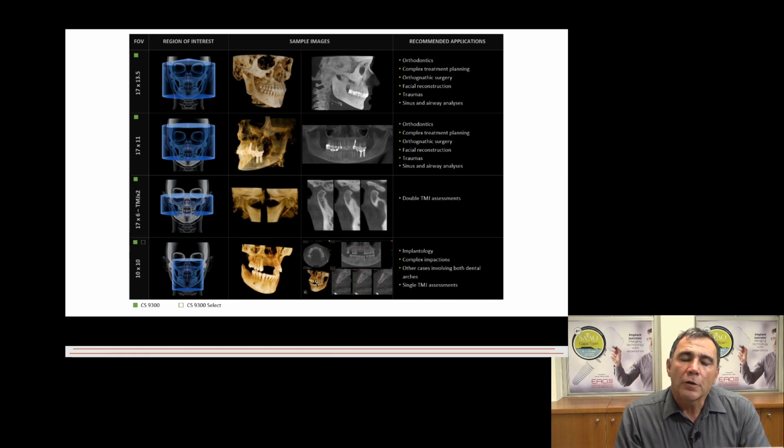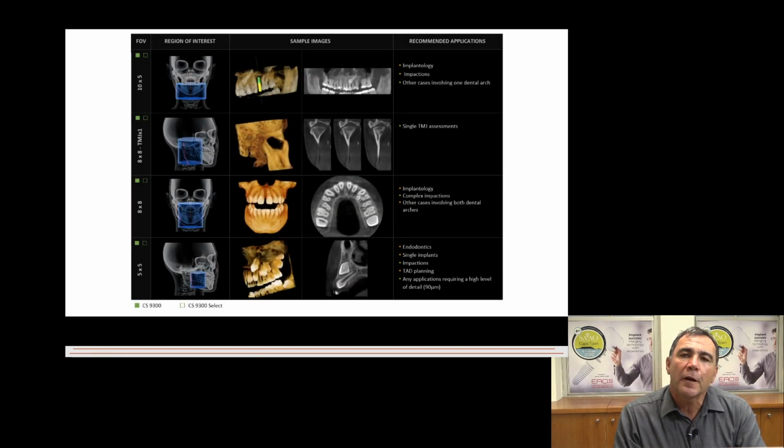The first thing that you've got to decide is the volume of interest that you are going to take. Because if you're going to take a big 17 by 13 volume, you've got to be able to interpret that image that you get. As you can see on the right hand side, you must be able to diagnose and interpret cervical vertebra. You've got to be able to look at TMJs. You've got to be able to look at orbita. And so it becomes smaller and smaller